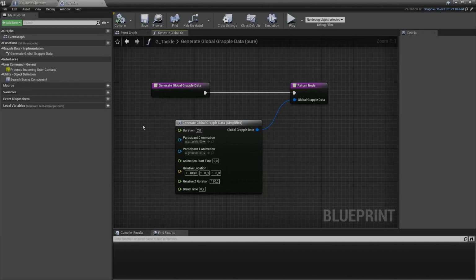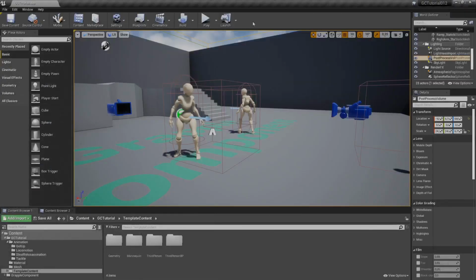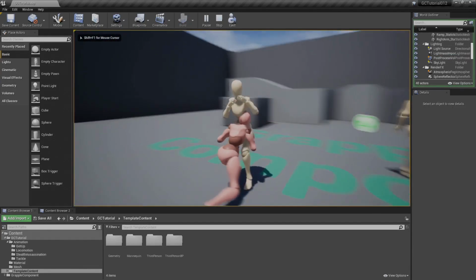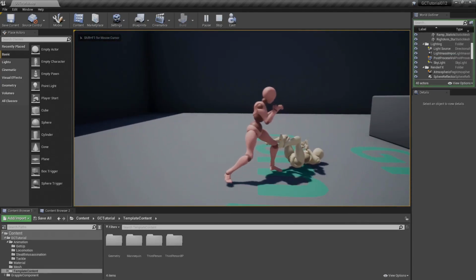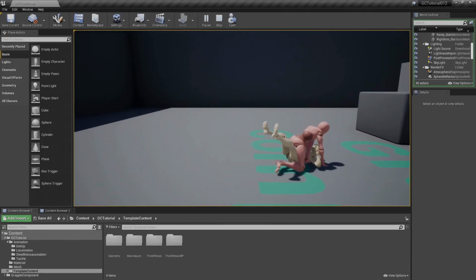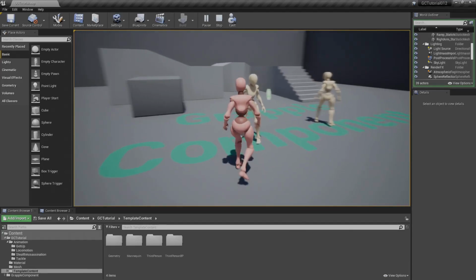So back inside our grapple object, we can set the duration to, for example, 3 seconds instead of 2. The 2 default value is just there as a placeholder. In most cases you will want to change this to the actual length of your animation, or at least of your grapple sequence. Now let's hit compile and save and see how it looks in game. So you can see that timing wise this does look a little better, but it still looks quite odd because